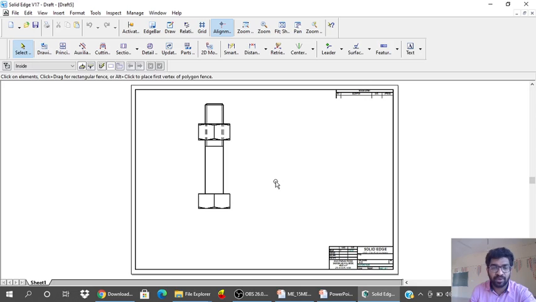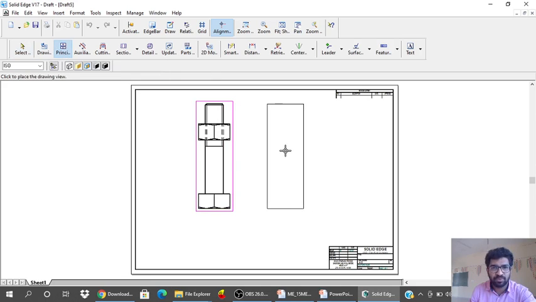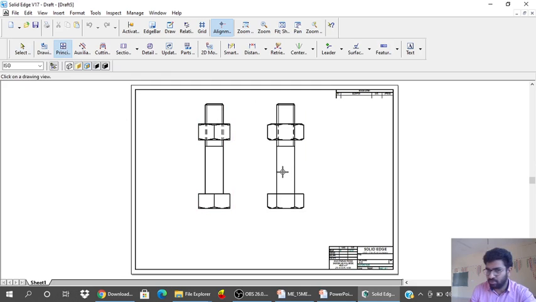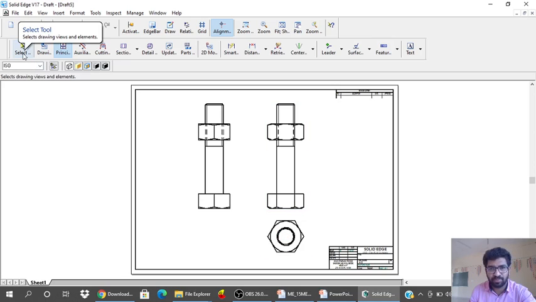So this is my front view of the nut and bolt assembly. I will select principal view. This is my right side view, or we can also change those things. And now we shall see. So this is another principal view.